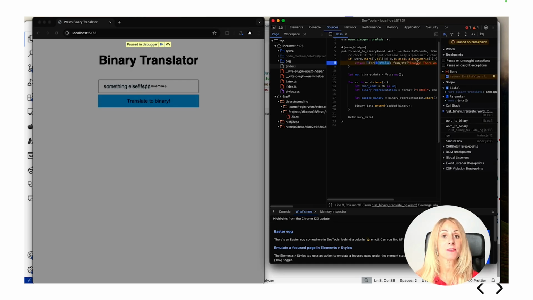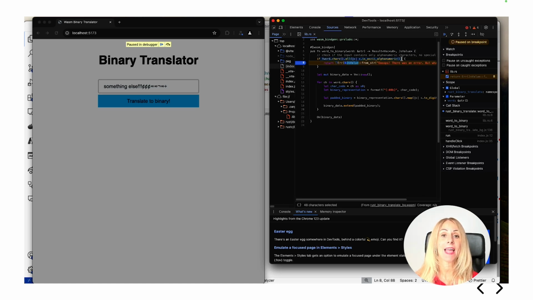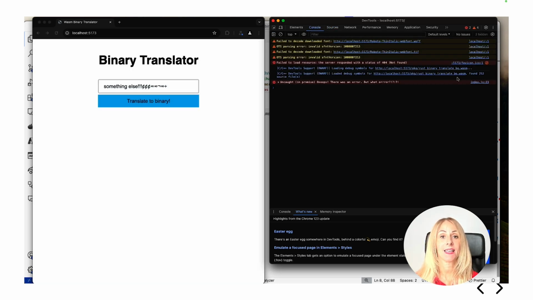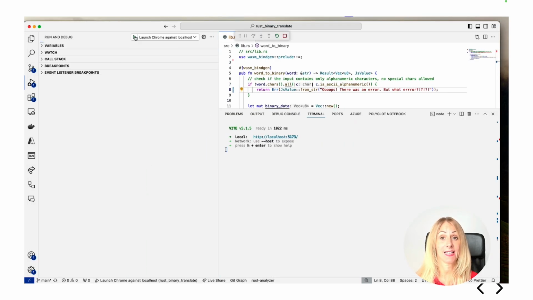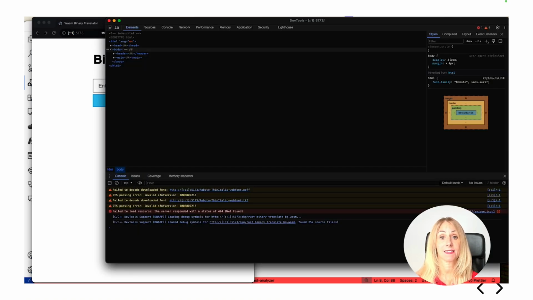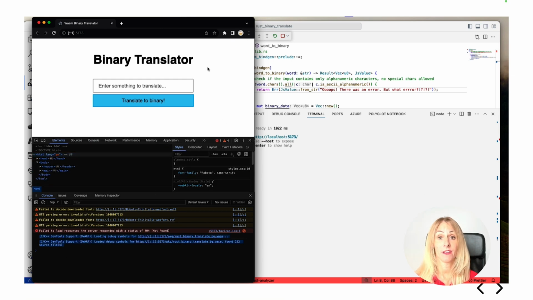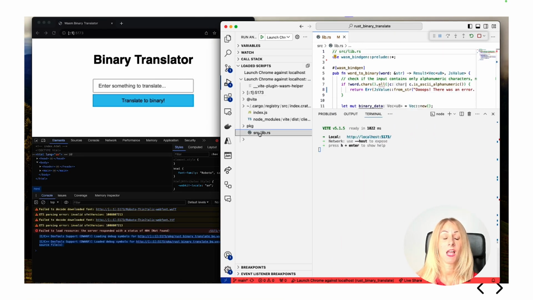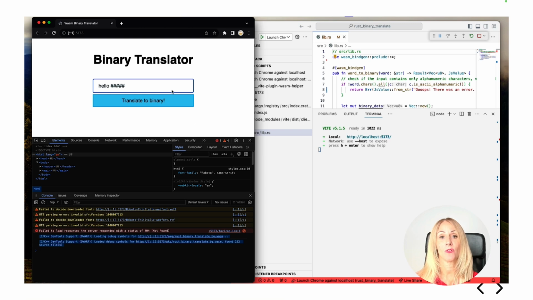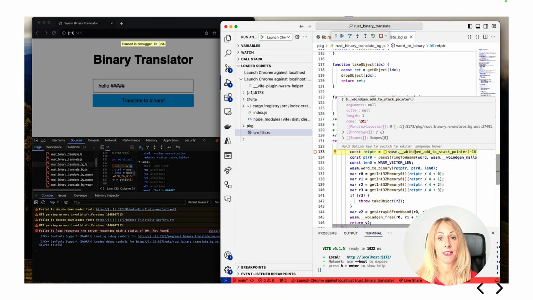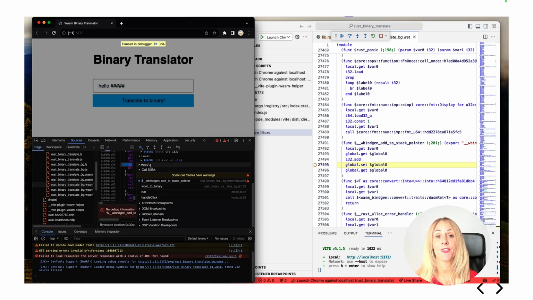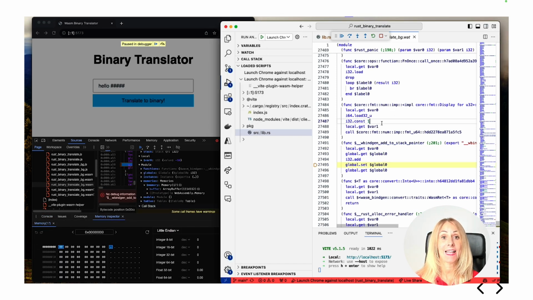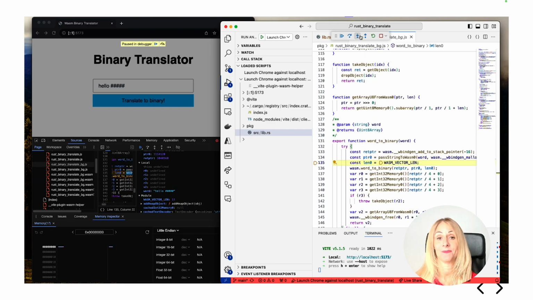I can see the Rust program in the sources, and with that I can put a breakpoint directly in the problematic line of code. I can do exactly the same in VS Code, since the extension is built on top of the same mechanisms, and then use the dev server to run the debugging process. Let's try it again and see how it goes from the JavaScript code to the bindings, to the expressions, and how you can debug all the way down to the memory inspector and into the very Rust source.